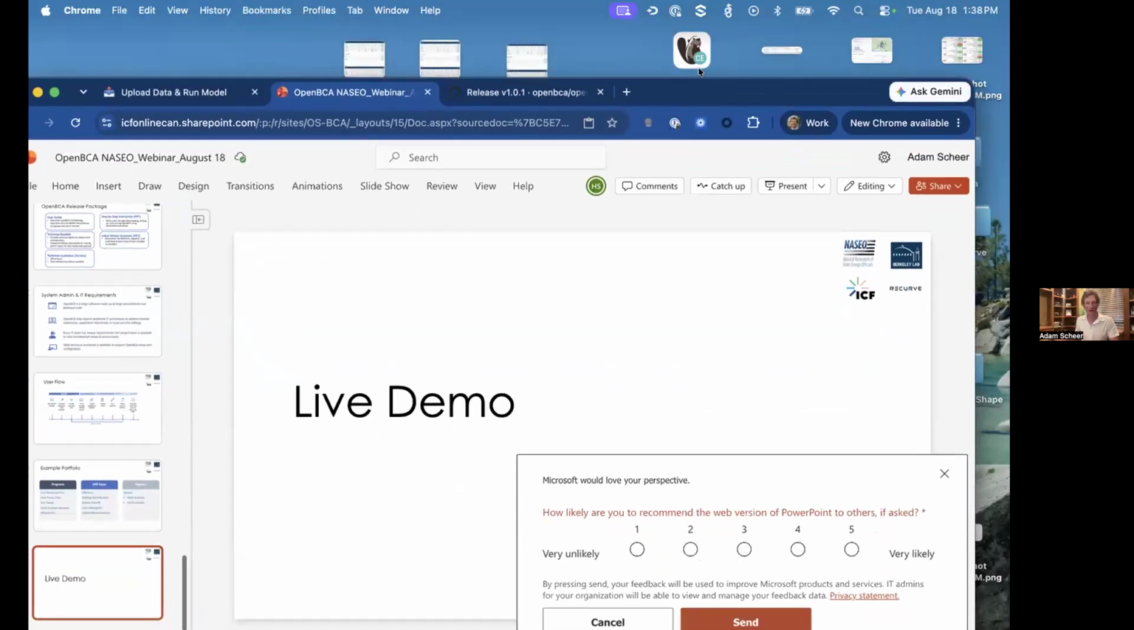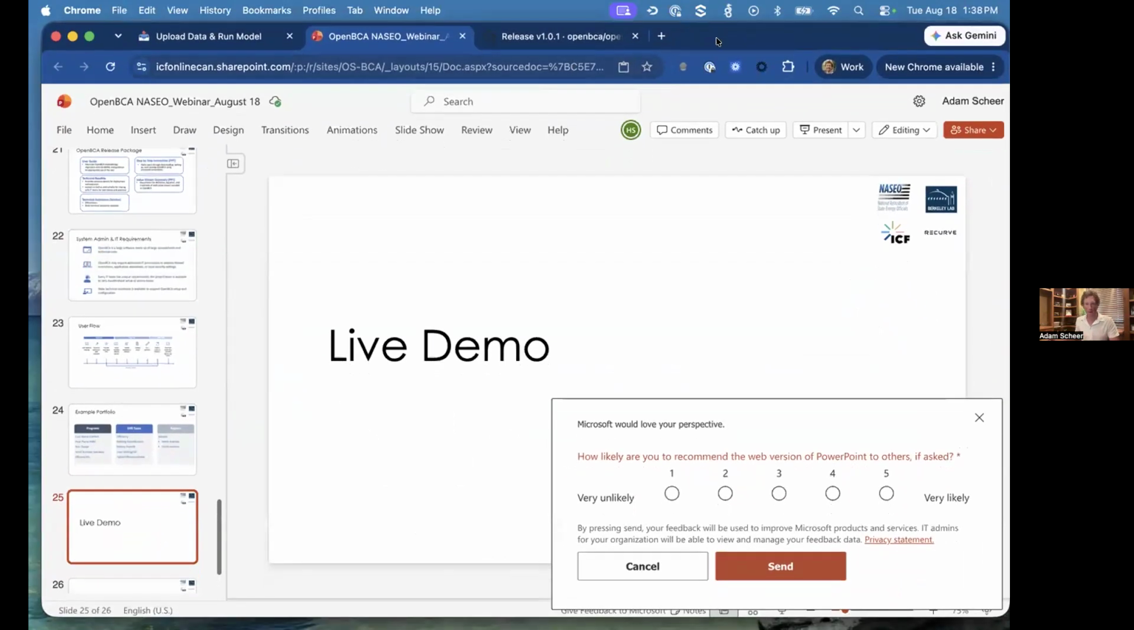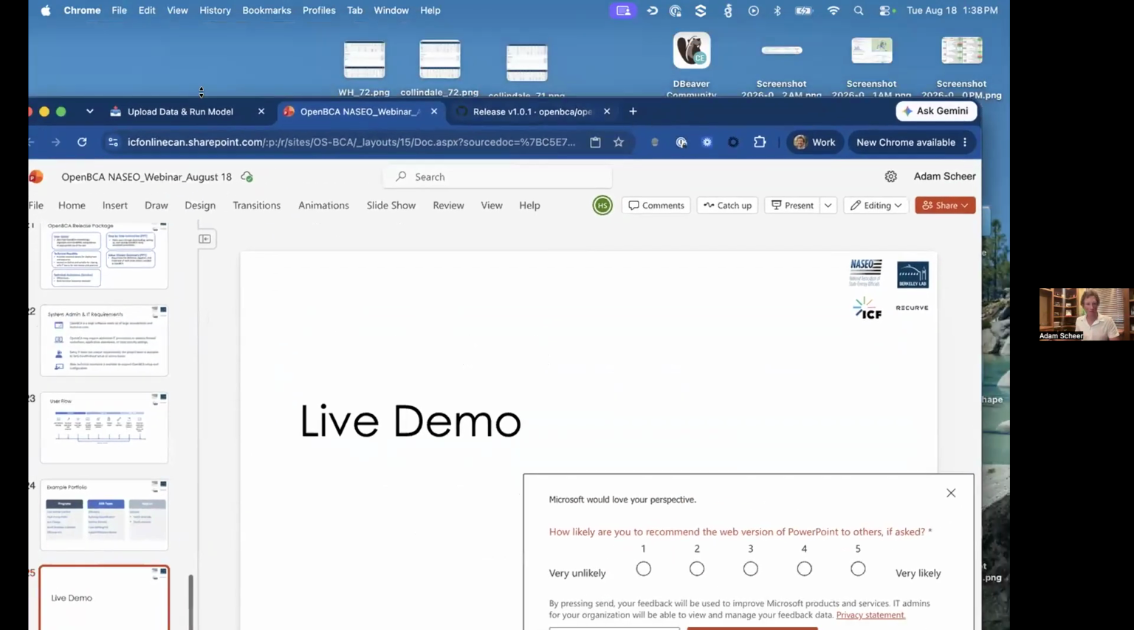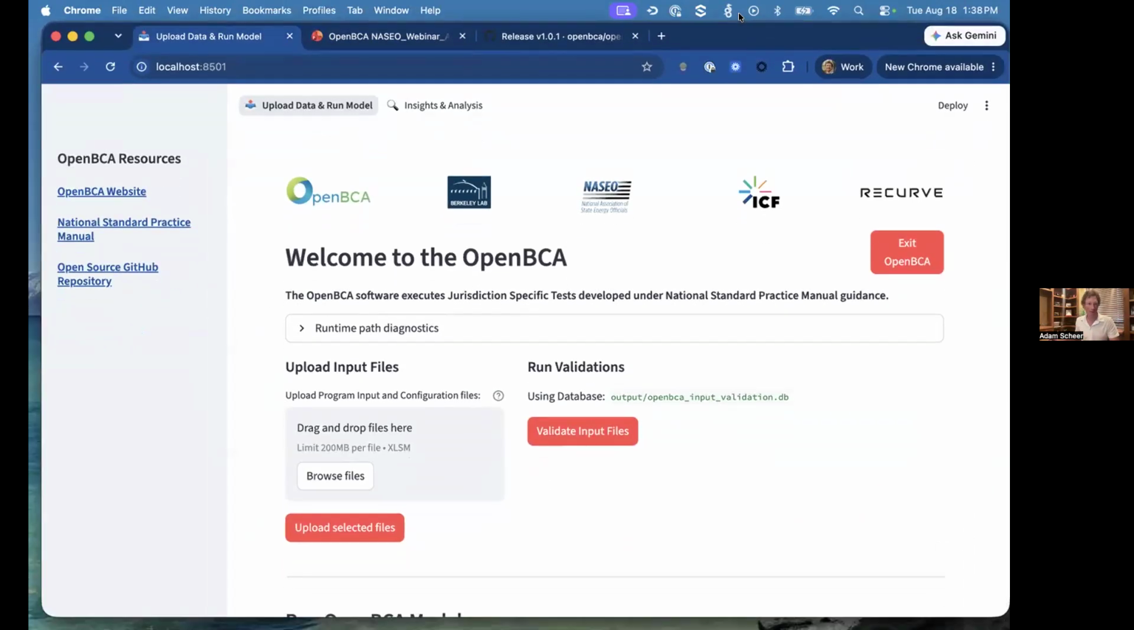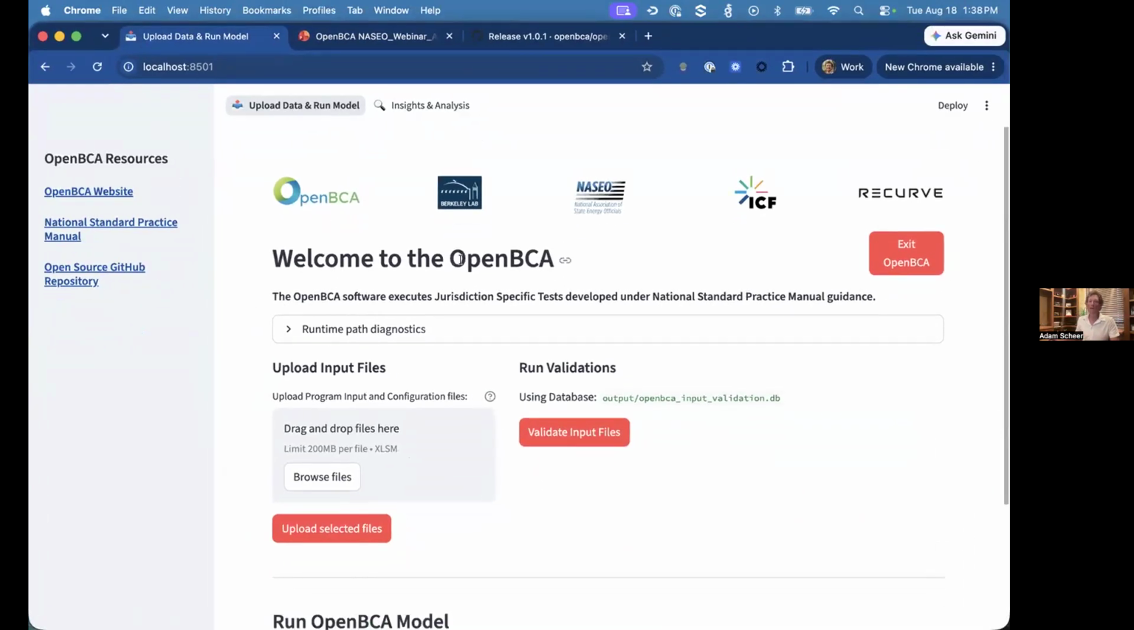Okay, one last thing before I get to a live demo, and actually, I'll kick us off here with the live demo. When you open up the OpenBCA, you will see a side panel that has additional resources. One of those resources is a link directly to the National Standard Practice Manual. Another is a link to the actual open source GitHub repository. So for those of you so inclined, you can look at every line of code. You can use this repo,